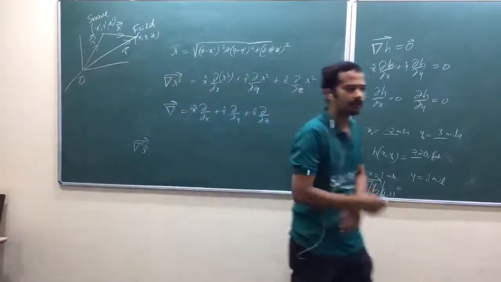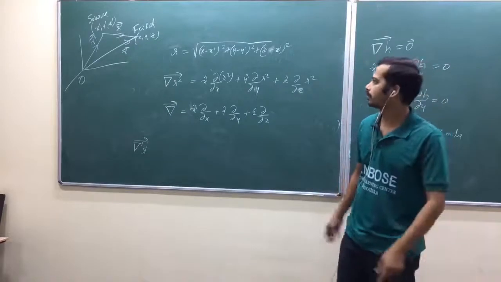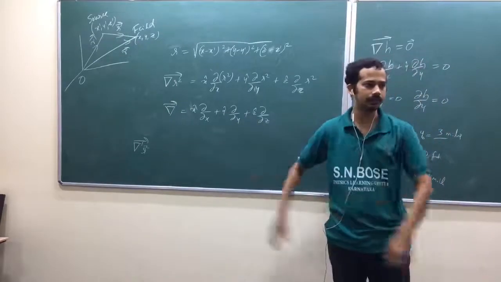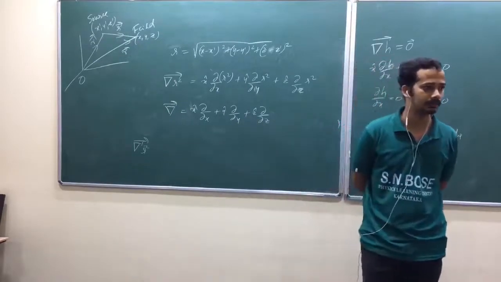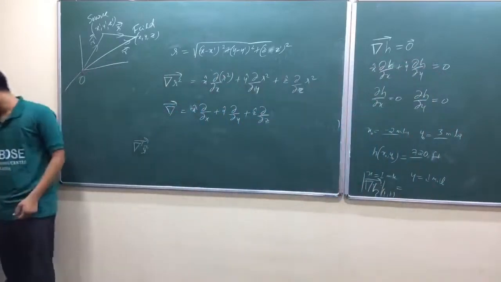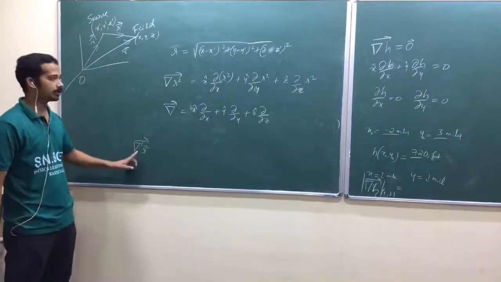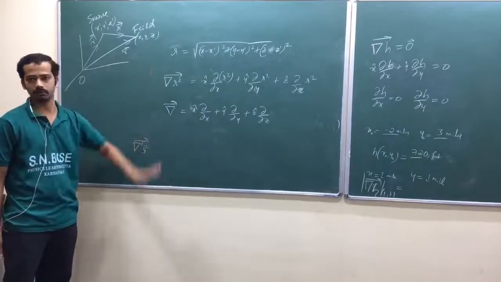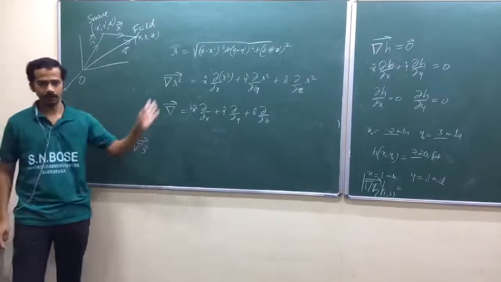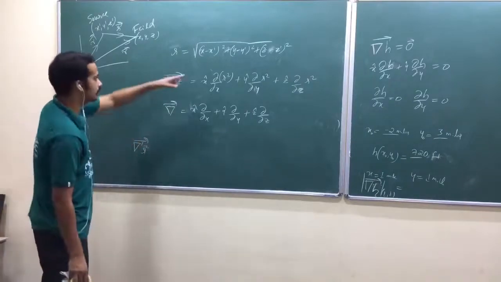If you take the derivative with respect to the source point, you are talking about some property of that source. That again we shall study in electric fields in matter. So now, in the first chapters, up to the 3rd chapter, we are talking about derivative with respect to the field point only. Is that okay?